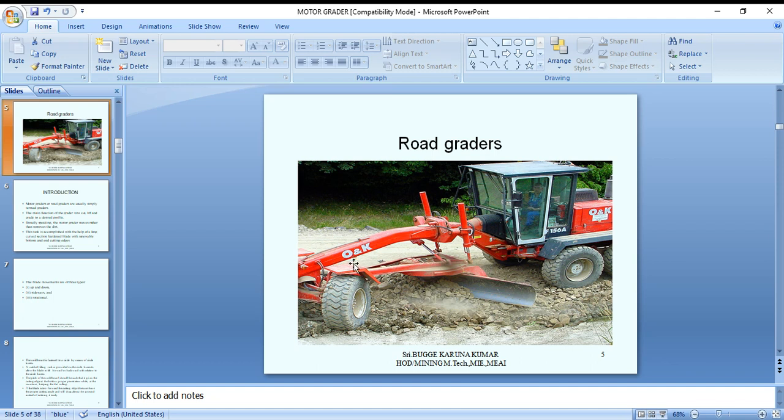This is the blade length, and from this side there is another 1.5 meters. For convenience, to rotate, the middle of these two tires is articulated, so rotation is required here, and that much clearance is also given. That way the machine will be very long, as you can observe. There is a long boom in front for convenience. The construction is there, and the tractor machine is also there. These are the basic structural parts of road graders.